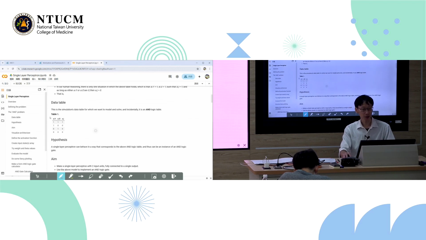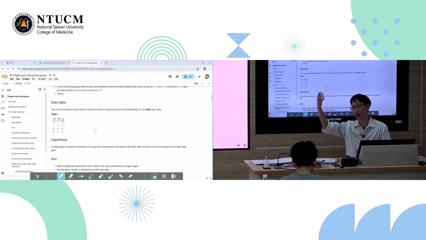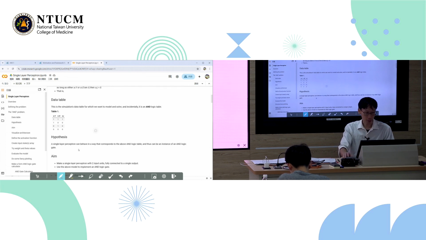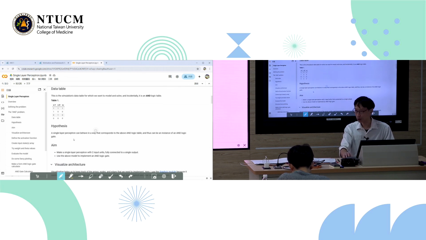So this data table is basically re-expressing the real-life case in a more formal, abstract case, but now we know what it means, okay? We have 2 inputs. When the 2 inputs are on, the output is on. Or when the 2 inputs are true, the output is true. But as long as one of the inputs is not true, then the output would be not true, would be off, okay? All right, so I'm sure you get this. It's very simple, but how do we do it?